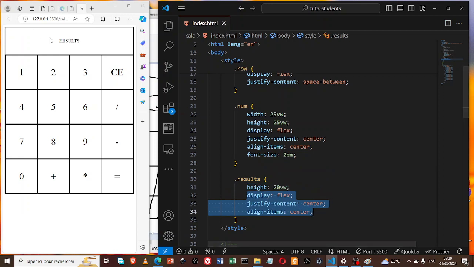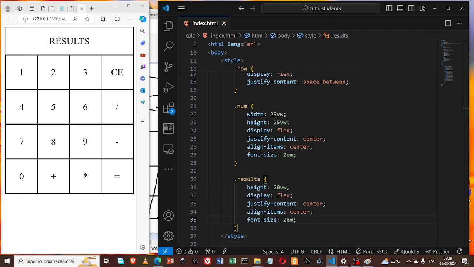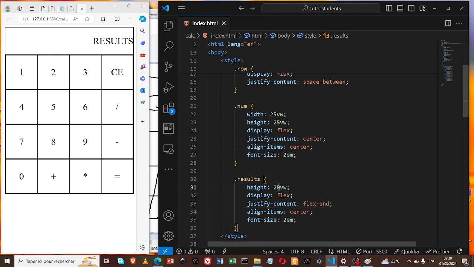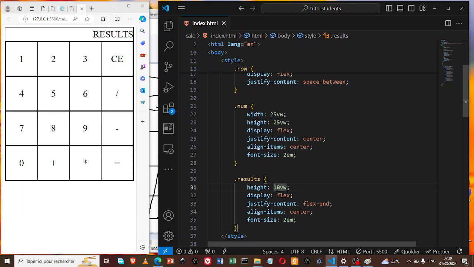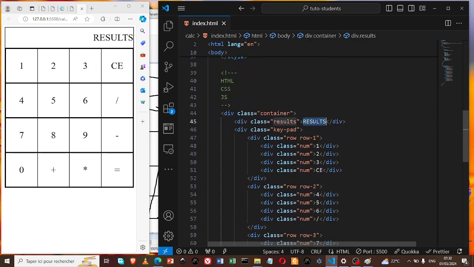Great. Yeah, but okay, even the font size, I think we need that here. Good, but usually we want our numbers to start from the right going to the left. So for that, for justify content, we'll not put center, but we'll put flex-end, and great. But I think that height is still too much. Let's see 10. No, it's more. 15. Good. So, and here we'll be having numbers, so this result we change it because we want to have